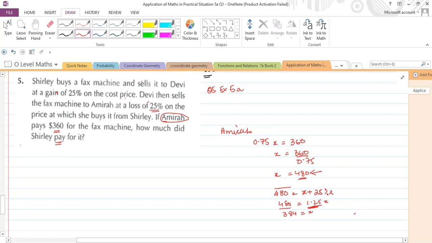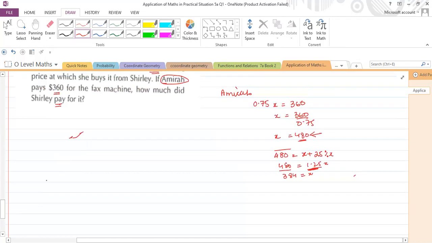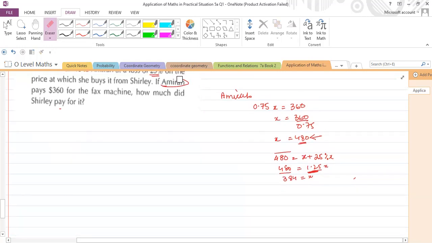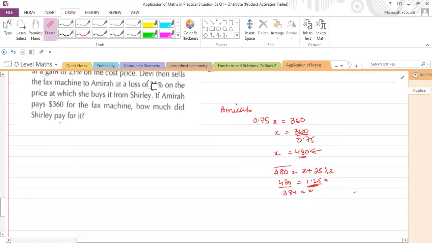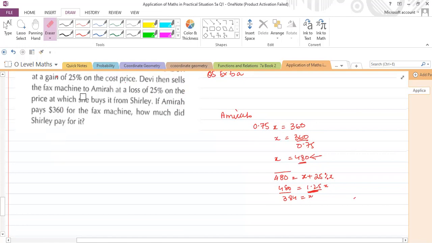Now this is the way we have solved it. Now we'll see how we shall use our statements in this structure. So let's begin. As I said, these questions are solved in reverse. We see that Devi's transaction was